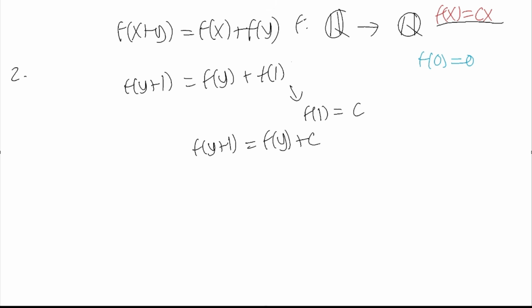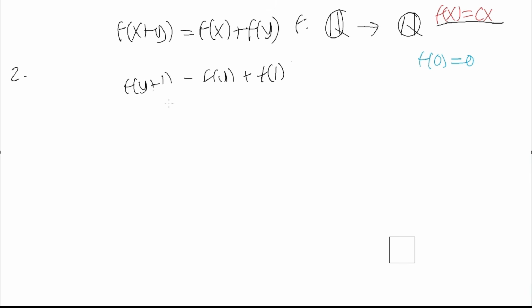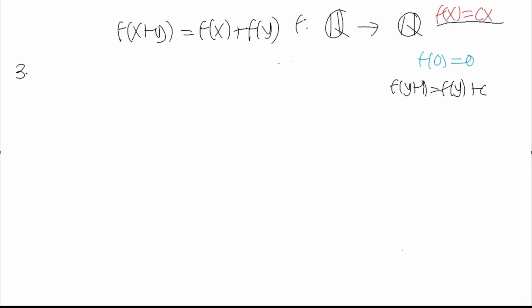And now let's go ahead and try some more articulate methods. These are basically all the basic things we can try. So now we have step 3. I'm going to go ahead and put f(y + 1) = f(y) + c over here. Now we have some articulate methods. What can we do with f(1) = c in this equation? Well, because we know what f(1) is, it makes sense that we can plug in x = y = 1,